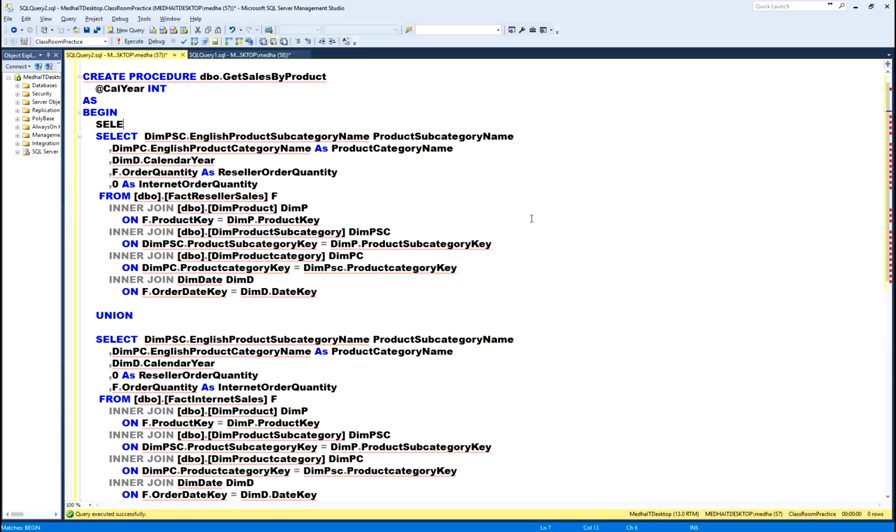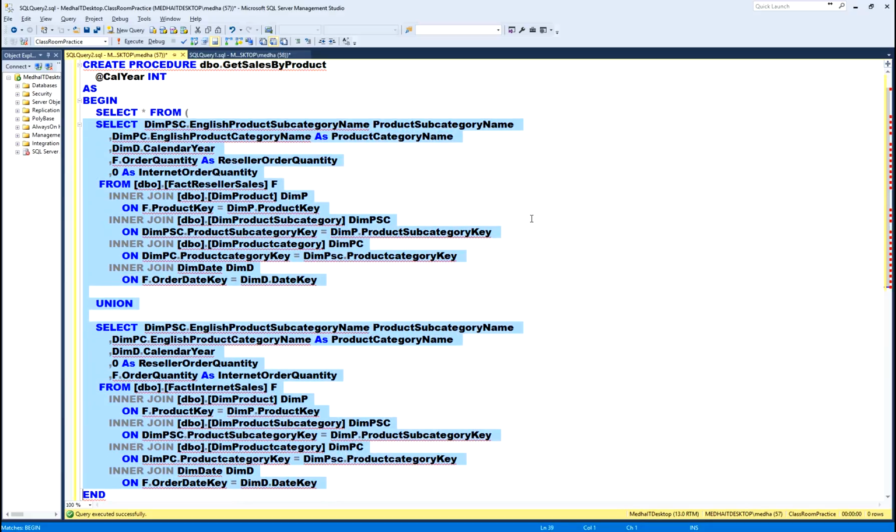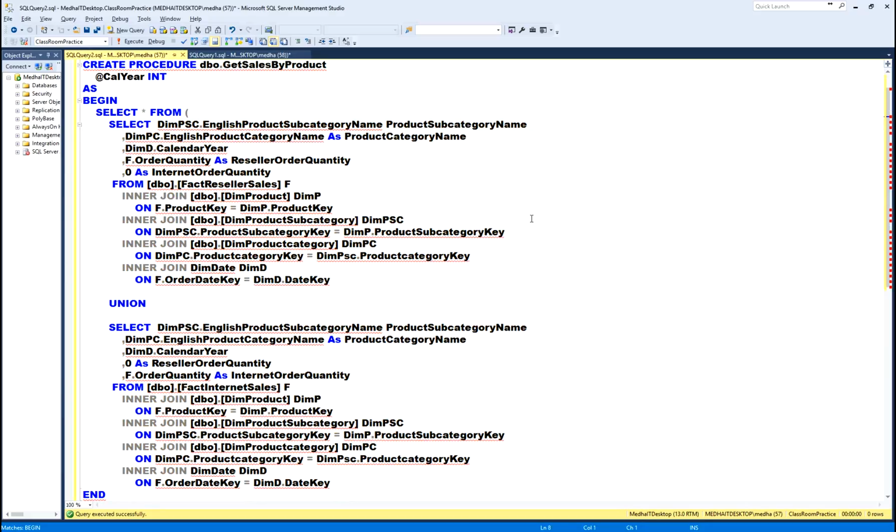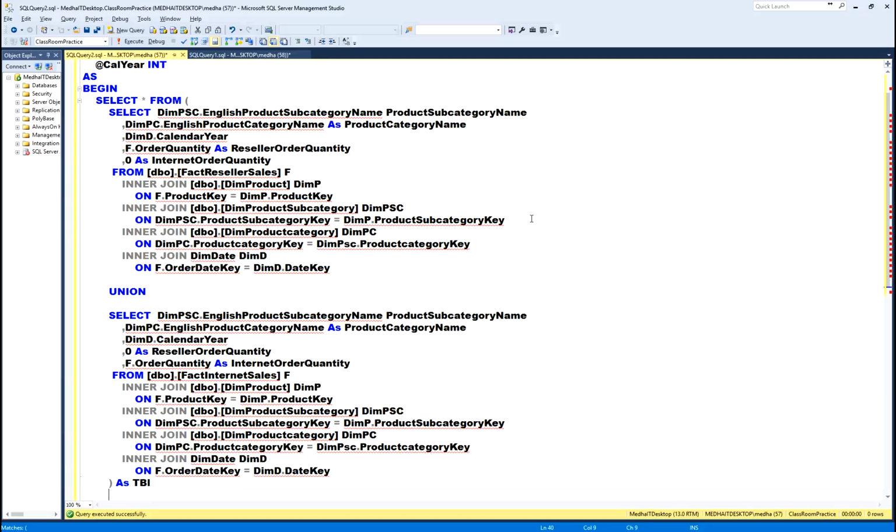So, I will put the wrapper select star from STBL where calendar year, I want to filter the data for a given calendar year equals the parameter value.